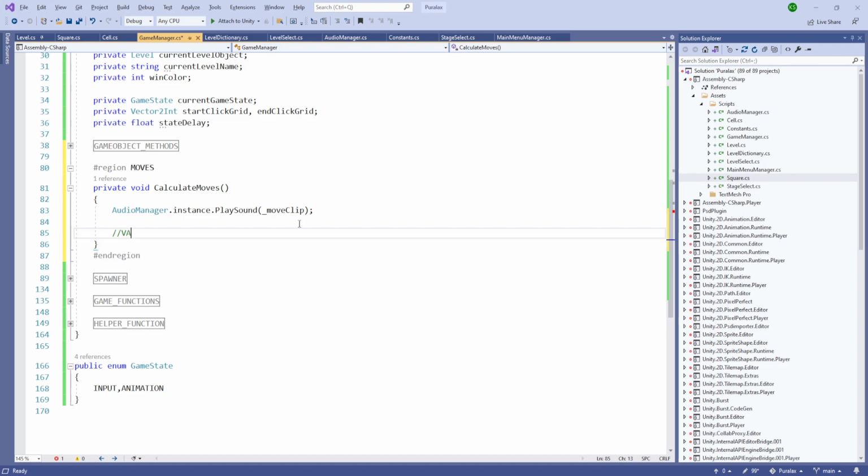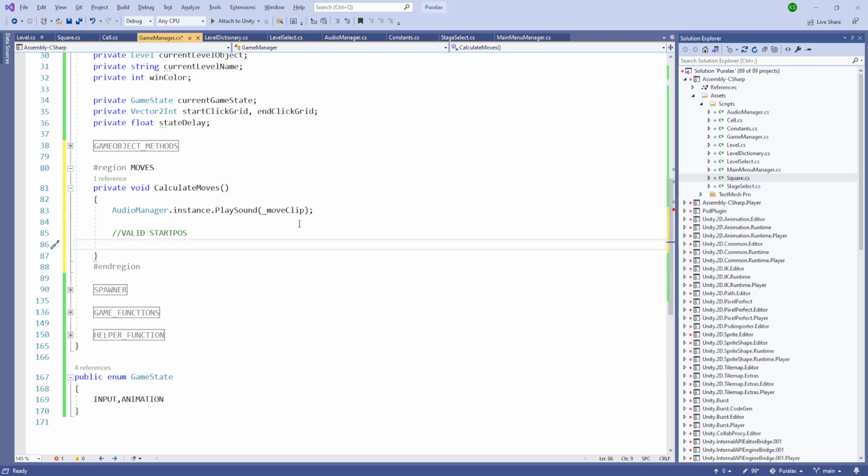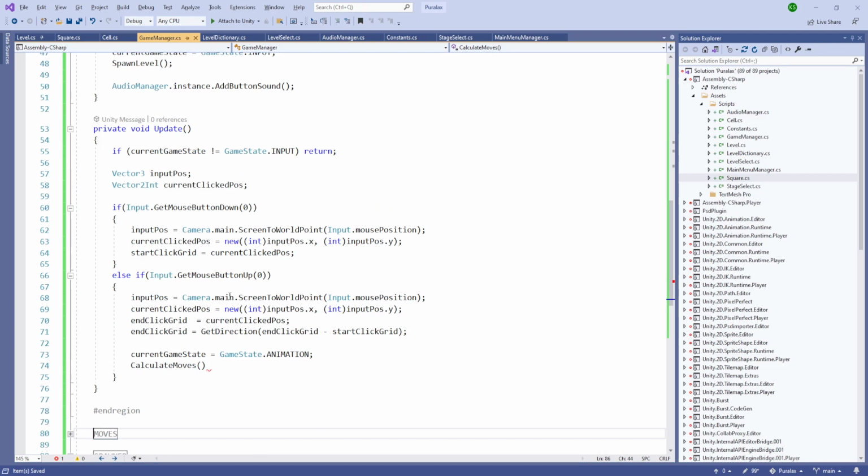So valid start pose. We'll do it later, but let's set the current game state to be the input. So there are not many problems. So what we did is we get the input, we got the starting and the ending position, and inside our